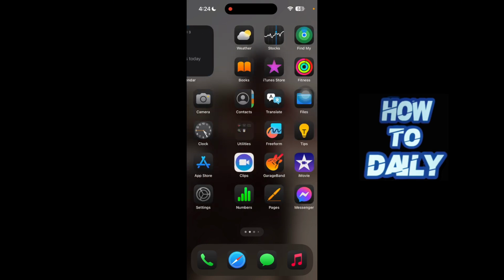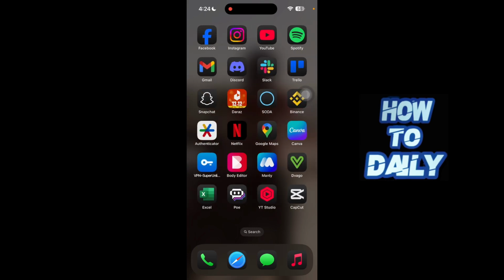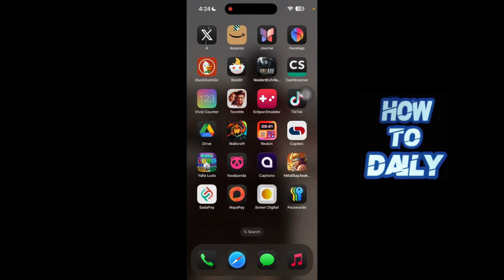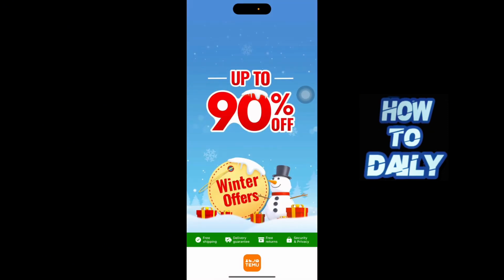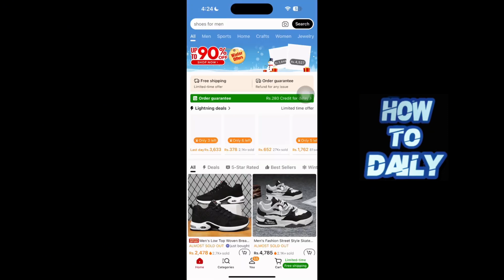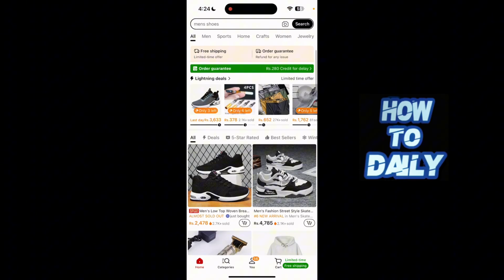So first of all, you just have to download the TEMU application if you haven't already. So I've already downloaded it. So you just have to open the TEMU application and create and log in into your account. So yeah, once you have logged into your account, you're gonna have to